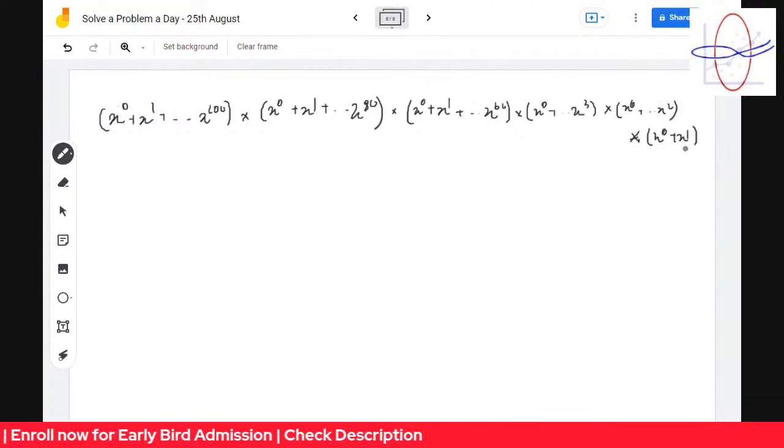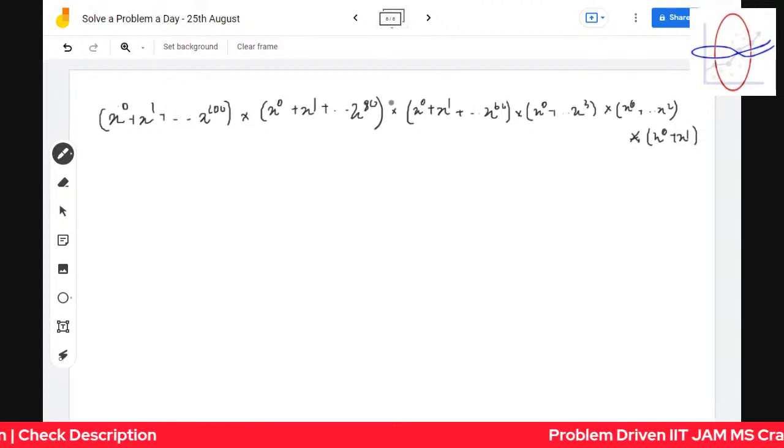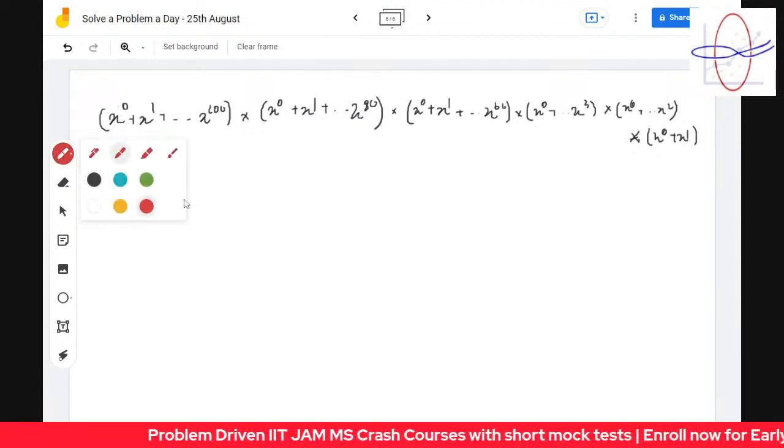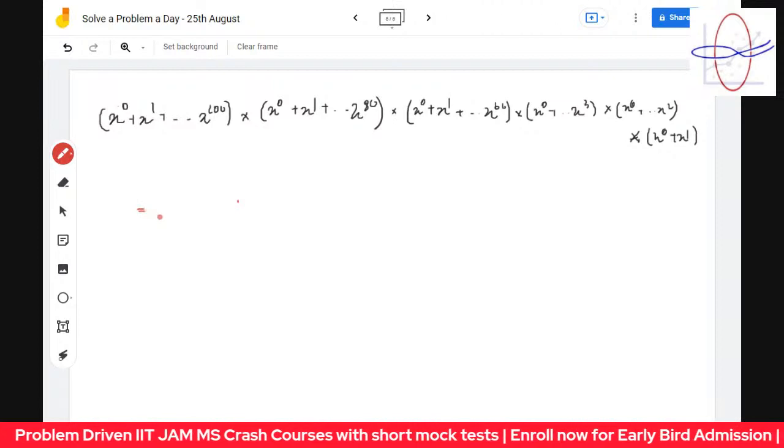When you multiply this, the coefficient of x to the power 6 in the outcome is exactly the answer we are looking for. And what we get? We get that it's equal to,